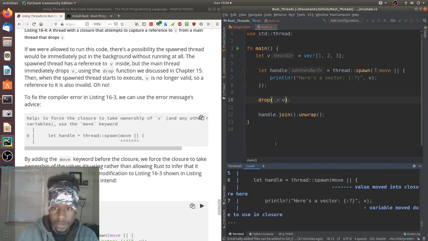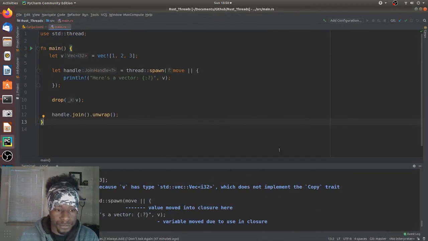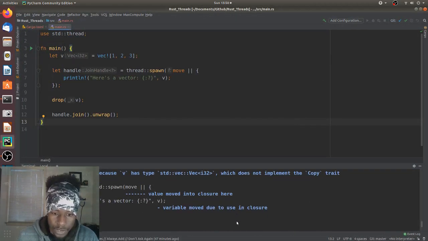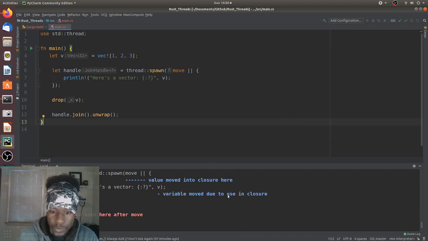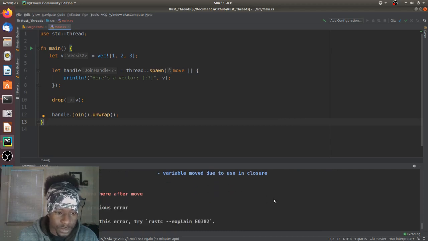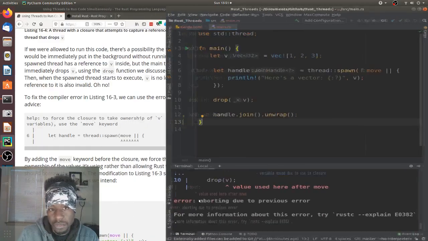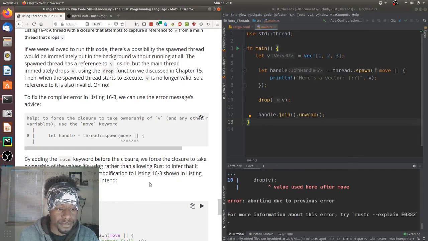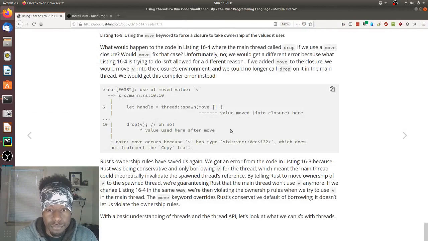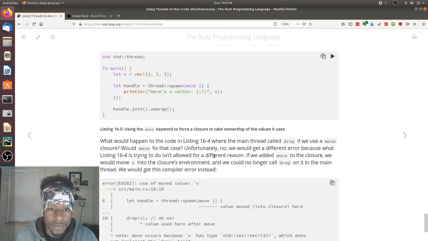Actually, I can't even see all of it. Make this big. Moved into the closure. Variable moved due to, because it was in the closure. Variable is used after it's been moved. So yeah, what we expect. More or less the same as what they have here.